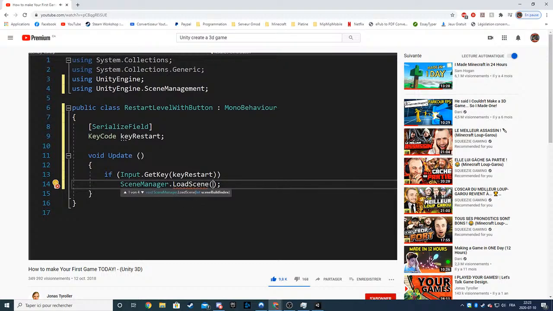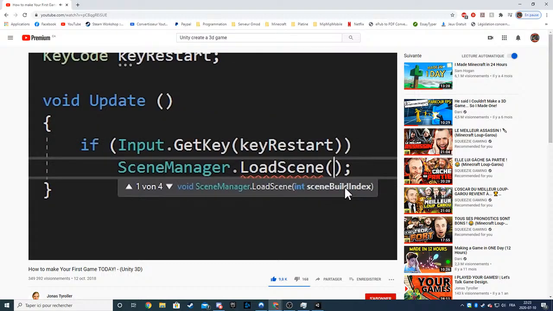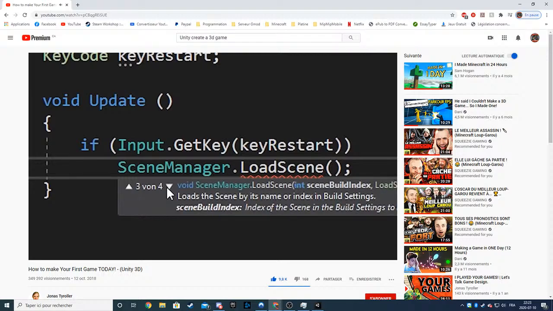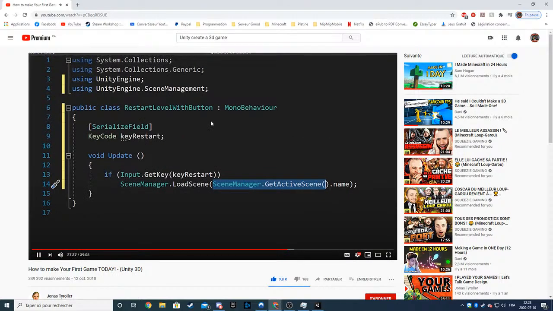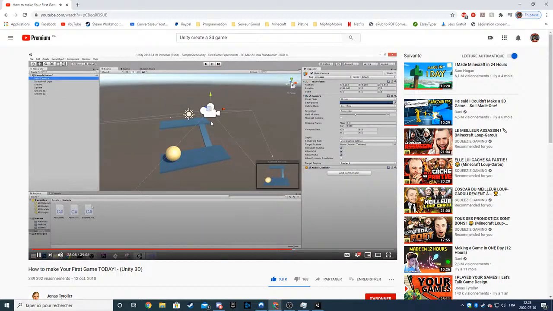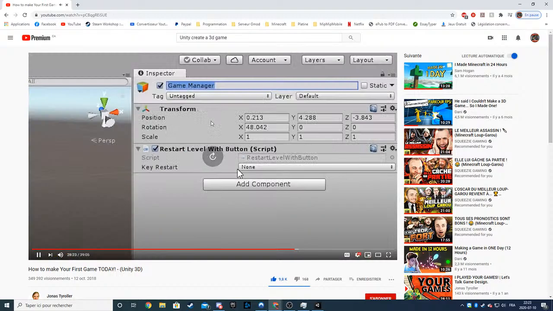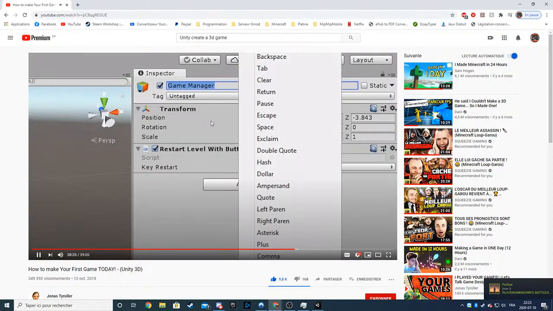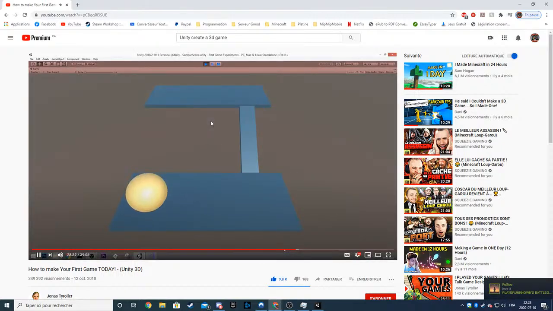So usually your text editor should show you what you need to write into those brackets. Sometimes you can write different things in there. You can switch between different versions. Which scene do we want to load? Scene manager.getActiveScene and take scenes as an input. Way we have an acceptable input, by the way. The sphere, I'm just gonna put it onto the camera. So now whenever we hit R,